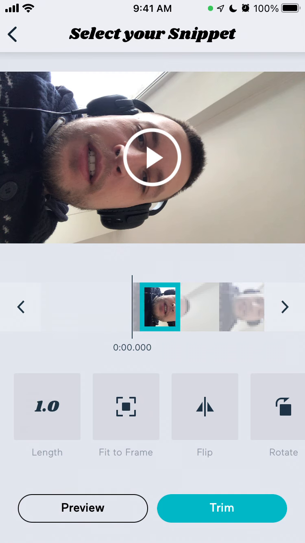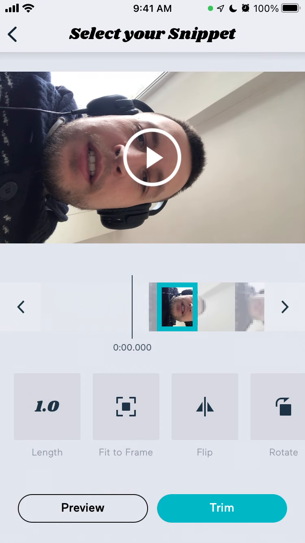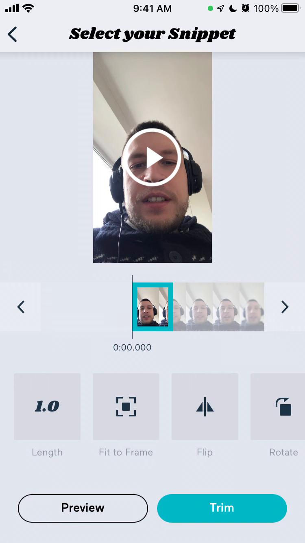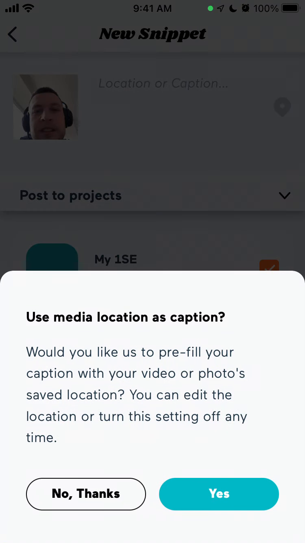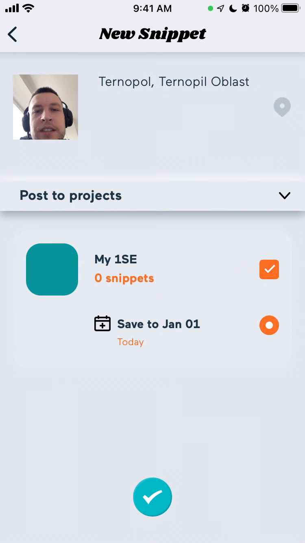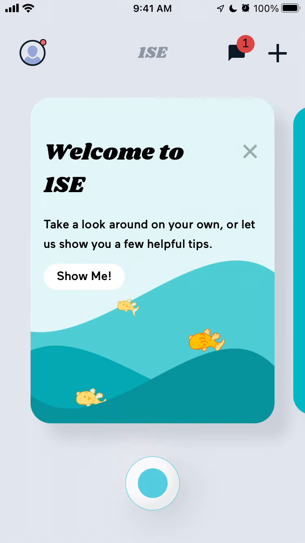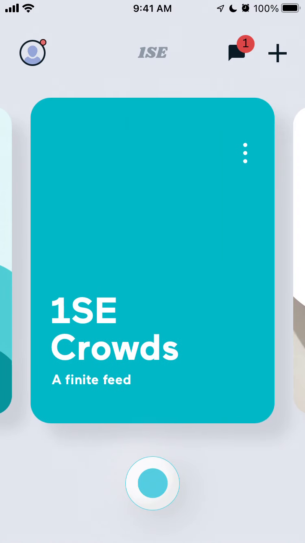Yeah, I want to select it, but I also want to rotate it like that. I can trim it. Probably it should only be like 1 second. And then there it is. I just do it. And this is my first